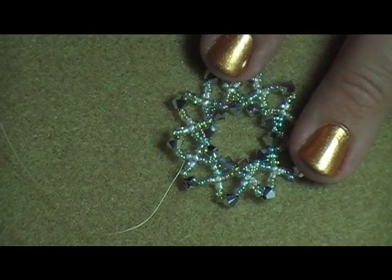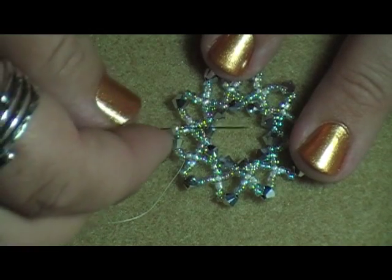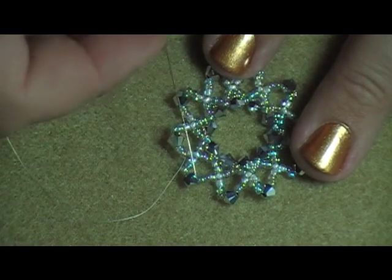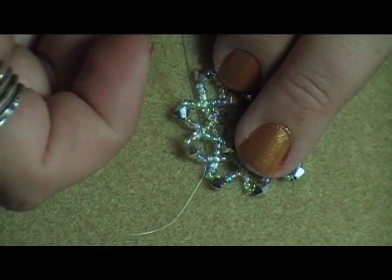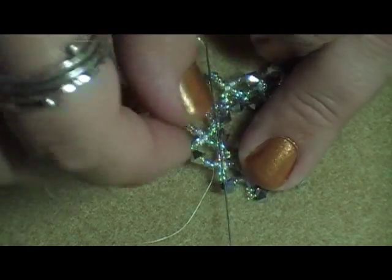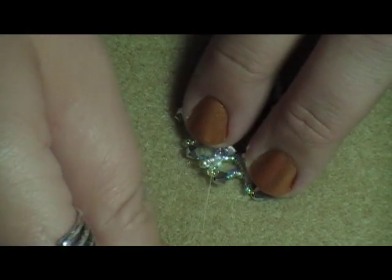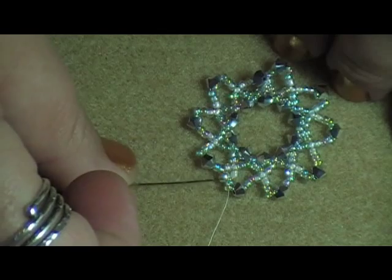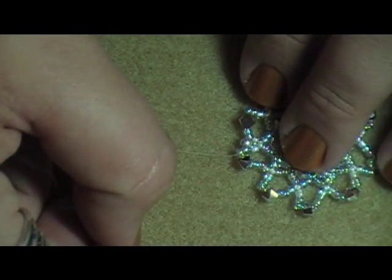And round 4 says that we're going to pick up 1D, which is our size 8C bead, and pass through 2A. So I'm going to come to my next little sprig here, and I'm going to come right through those 2 A's, closest to that bicone. So what's going to happen when I do that is my size 8 seed bead is going to sit right in between. Then it tells me I'm going to pick up 5B